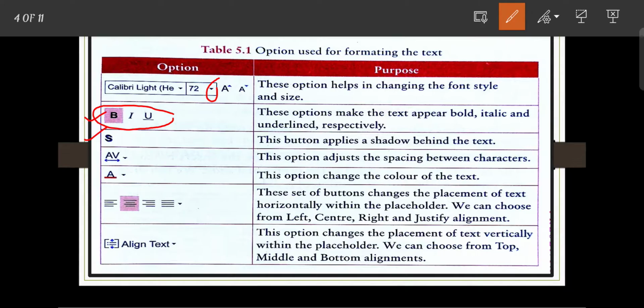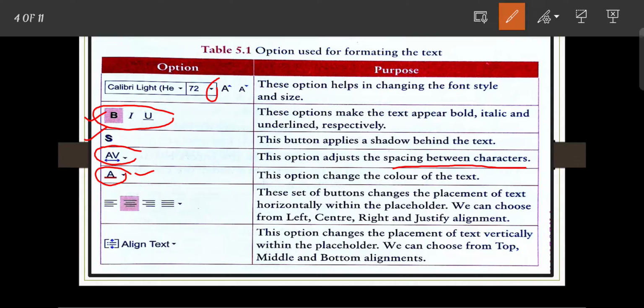This option is used to adjust the space between the characters. Next, this option changes the color of the text. To change the text color we use these options.